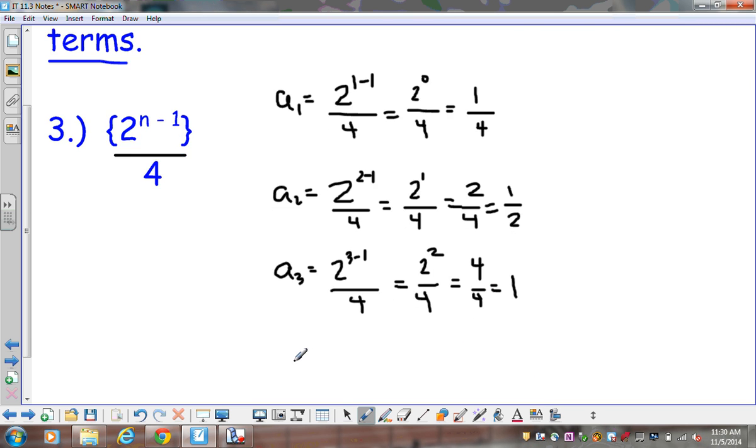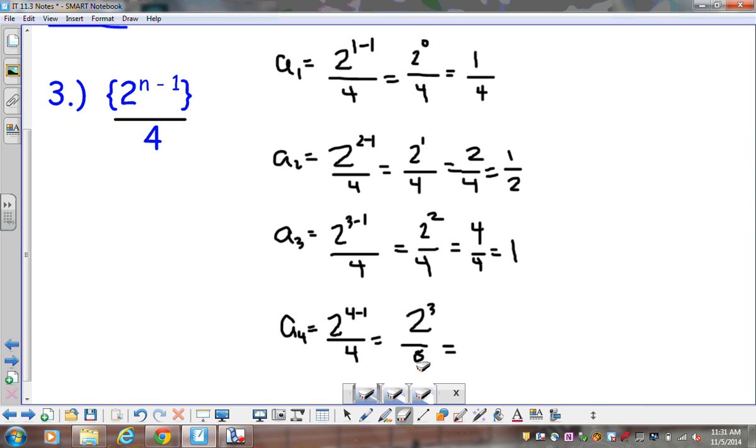Okay. All right, so let's find my fourth term real quick, and then we'll go through and we'll make sure that these are, in fact, representing a geometric sequence. So, find my fourth term, same thing. Let's plug in the 4. All right, so 2 raised to the 4 minus 1 over 4. 4 minus 1 is 3, so I've got 2 cubed over 4, which is going to be 8 over 4,